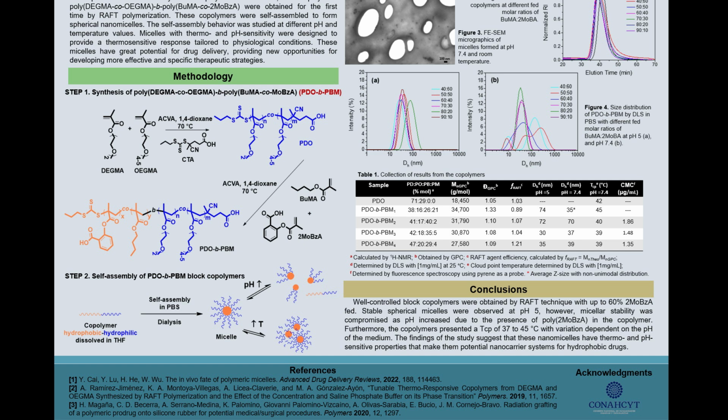After this time, the reaction was purified, and the hydrophilic chains were extended with the hydrophobic block. For this purpose, the statistical copolymerization of BUMA and 2-MO-BZA was carried out, using the same reaction conditions as above. After the reaction, all the prepared polymers were purified by precipitation using dichloromethane and a mixture of ethyl ether and petroleum ether. For the formation of micelles, the already purified copolymers were dissolved in THF and added dropwise to PBS solutions